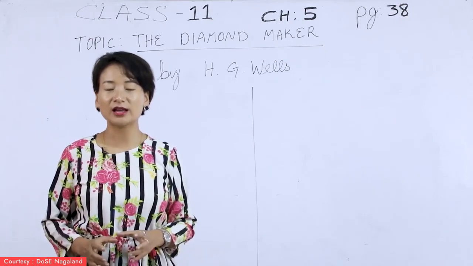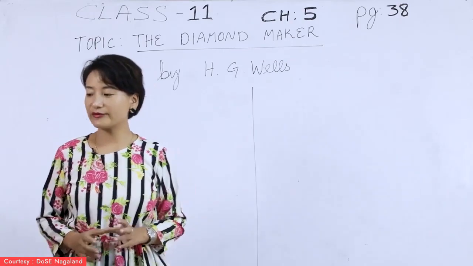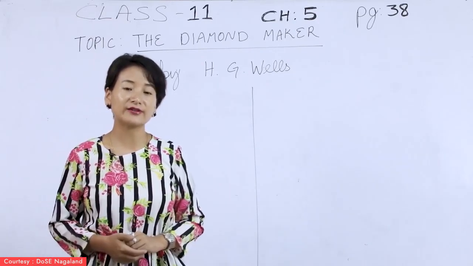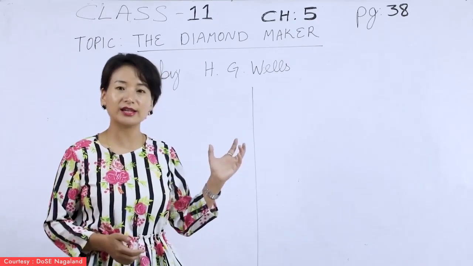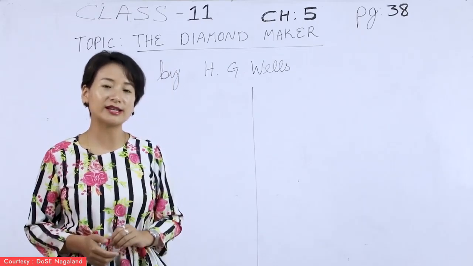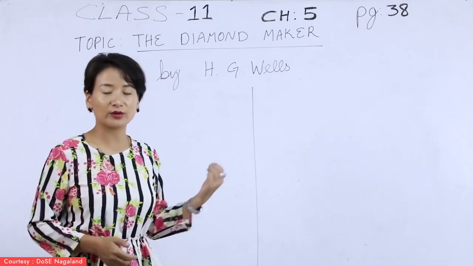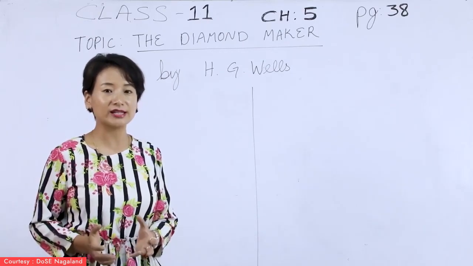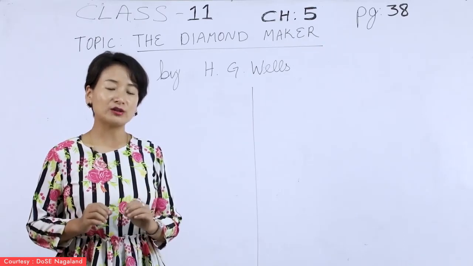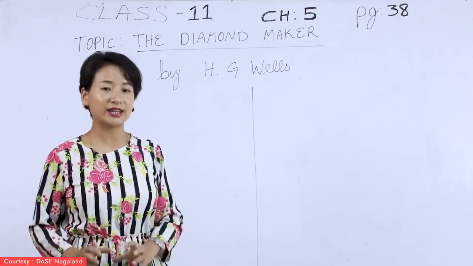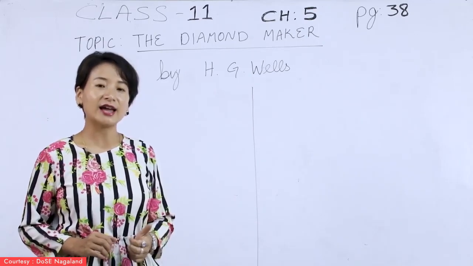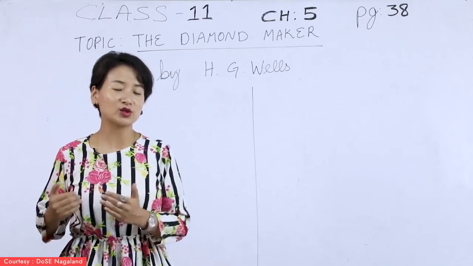So that is what we have here, and very quickly, here is the recap. The author, H.G. Wells, is a very pessimistic writer, and he is also popularly known as a science fiction writer. In the story, The Diamond Maker, the hero is the stranger, that is the diamond maker. One of the major or underlying themes is also appearance versus reality. And so that is what we have discussed so far.